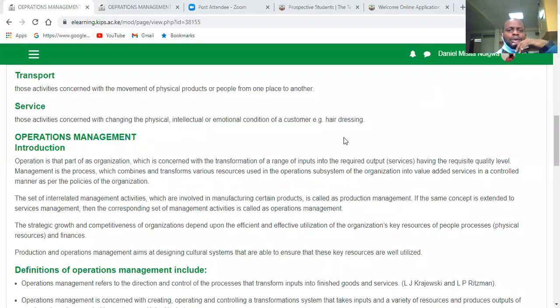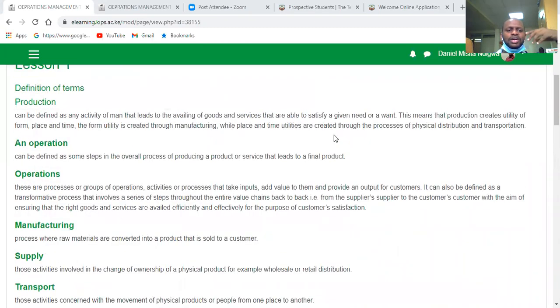Unit is called operations management. But before we talk about operations management, we have various terms that you need to know, or various terms that are related to operations management. The first one is production. And production can be defined as any activity of a man that leads to the availing of goods and services